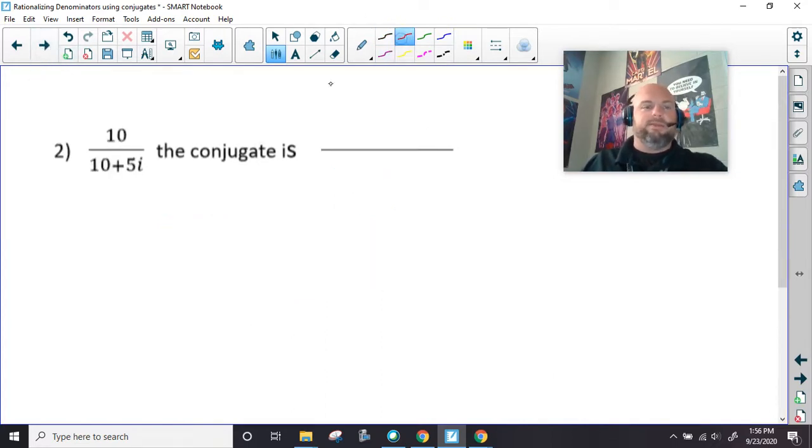So this one, our conjugate, well, we know we're going to have a 10 and a 10 because we have a 10 here. We know we're going to have a 5i and a 5i. And it's the opposite of this, so it's going to be this. So when you set it up,